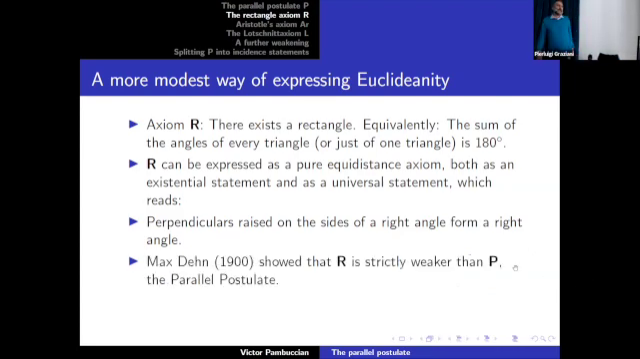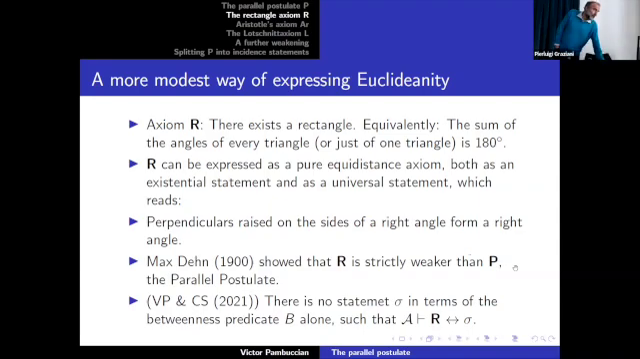So Max Dehn in 1900 answered the question that Hilbert posed and showed that the rectangle axiom is strictly weaker than the Euclidean parallel postulate. In 2021, in a paper that I co-wrote with my student Celia Schaff,